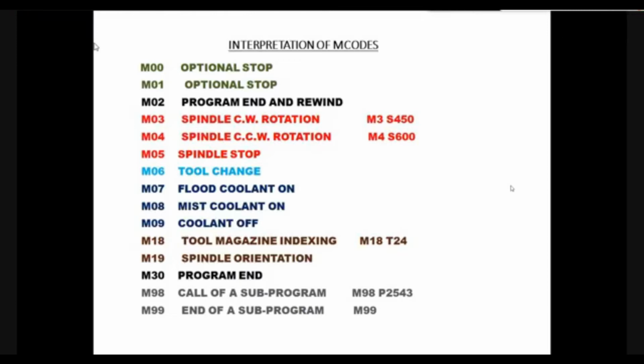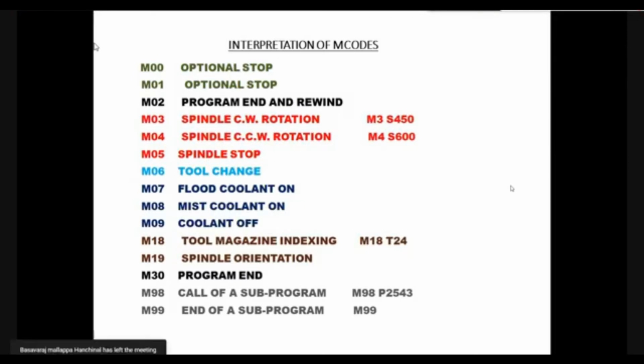Once the machine stops, for continuing the cutting action of the tool, we have to press the cycle start button on the panel. Automatically the cutting action will commence. M02 stands for program end and rewind.